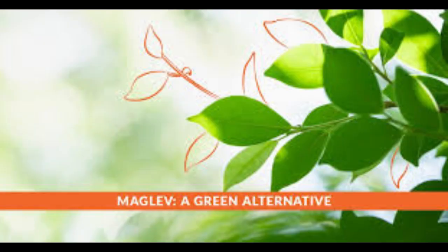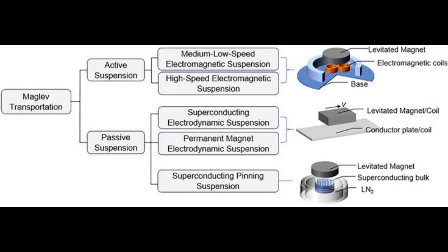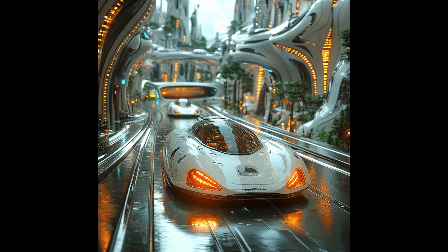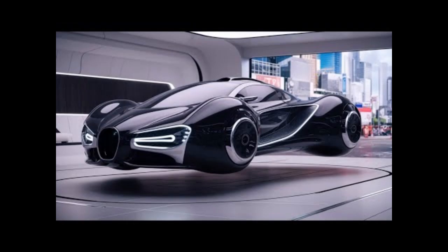You know, some studies even suggest that Maglev cars could reduce emissions by a lot, like up to 90% compared to those gas guzzlers we're all used to. 90%. Wow, that's huge. Even compared to electric vehicles, that's a game changer. We're always talking about ways to combat climate change, and this could be a big part of the solution. I think so, too. It really aligns with the global push for clean energy and, well, just a more sustainable